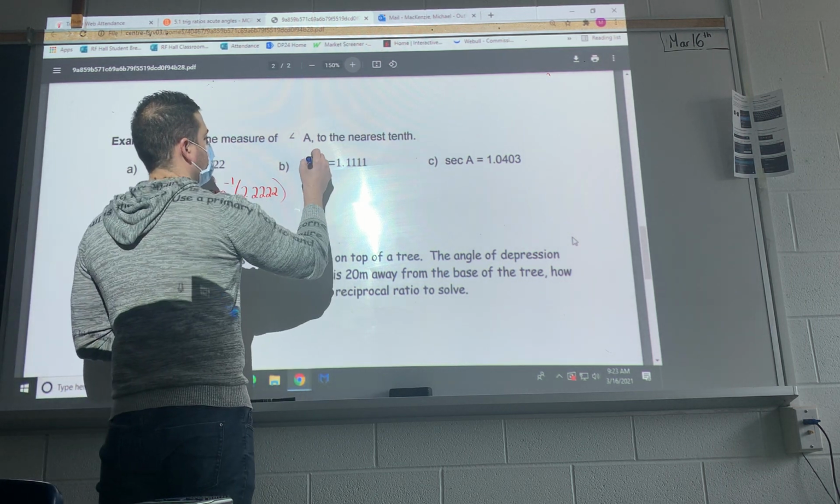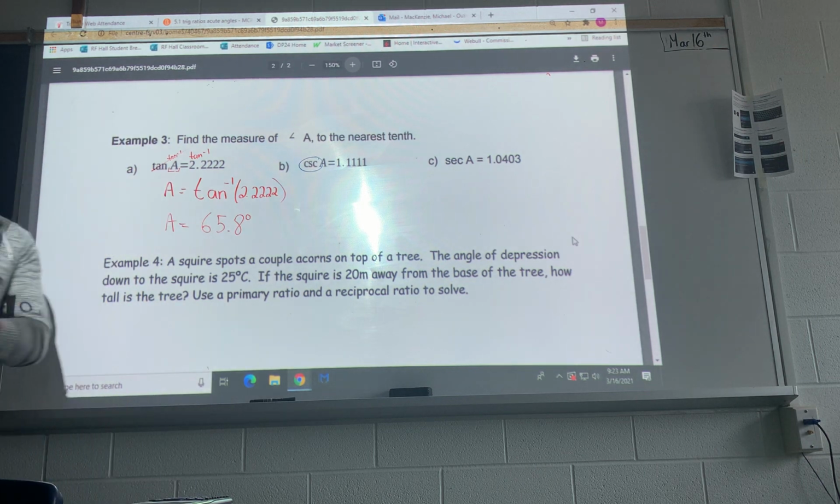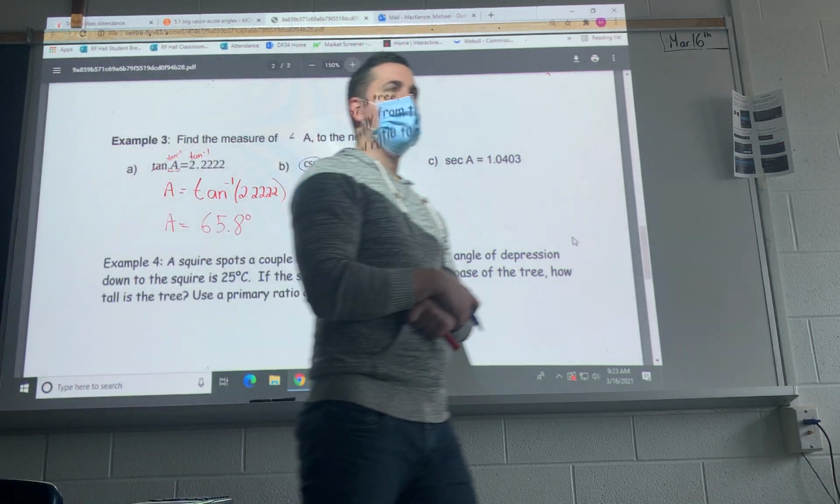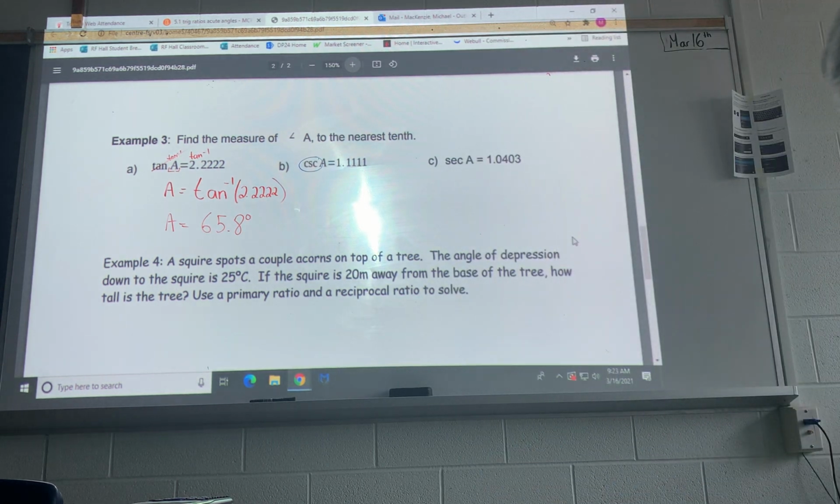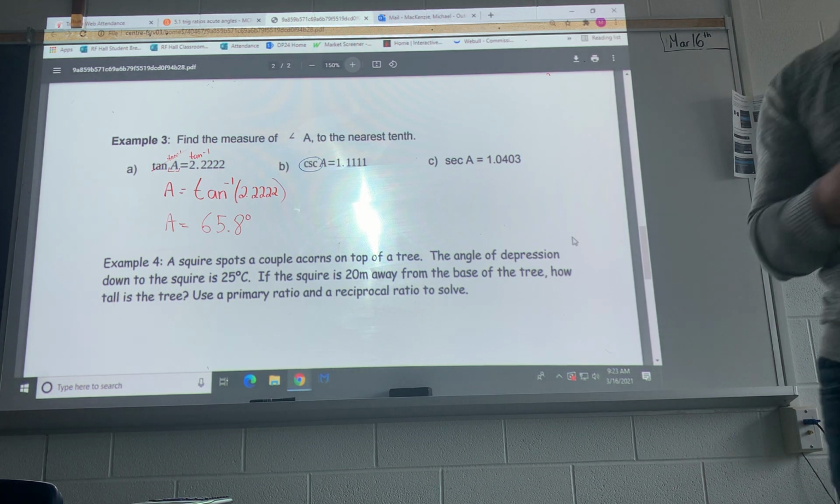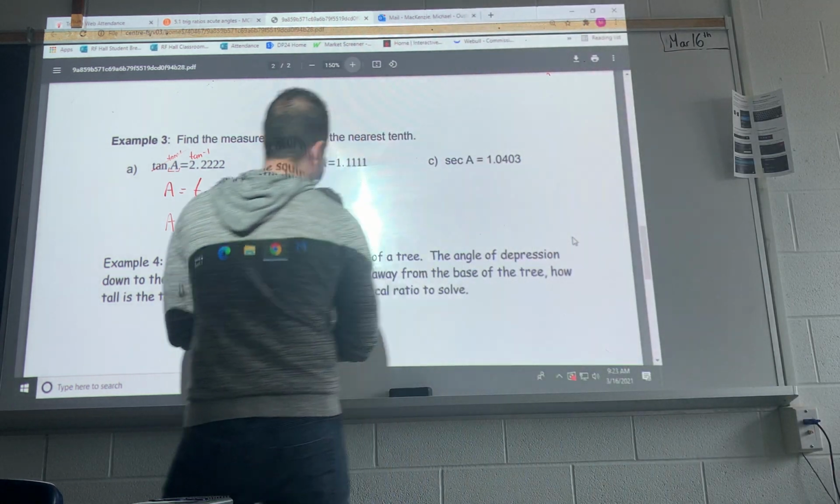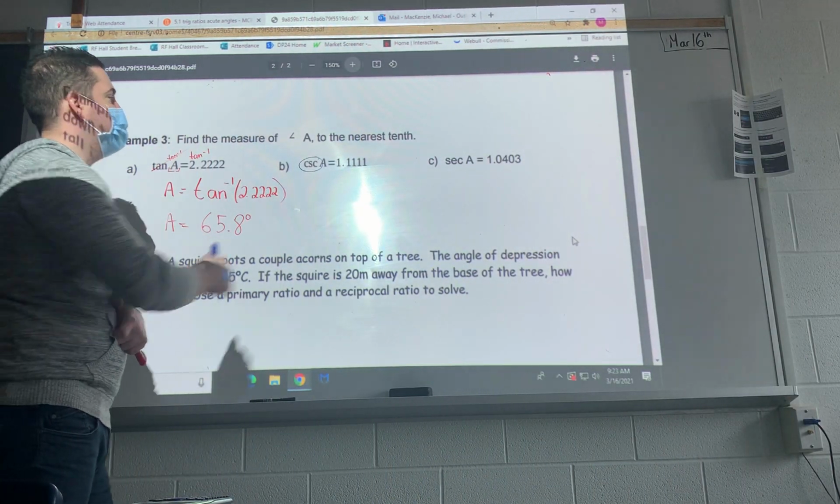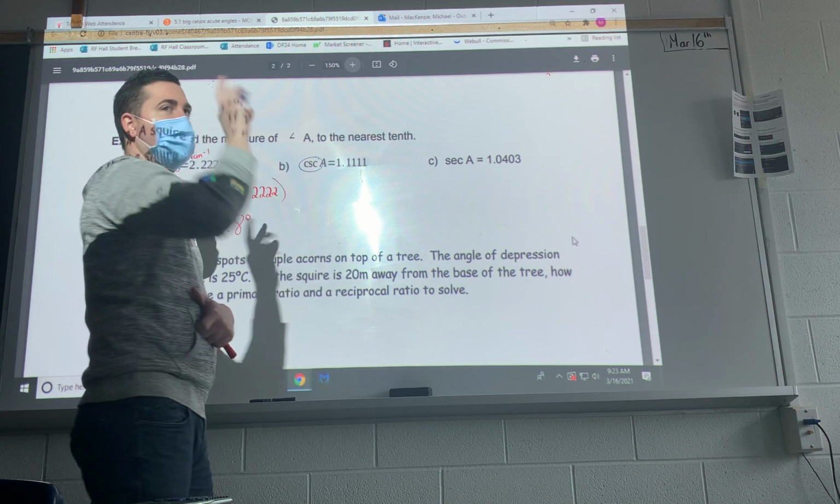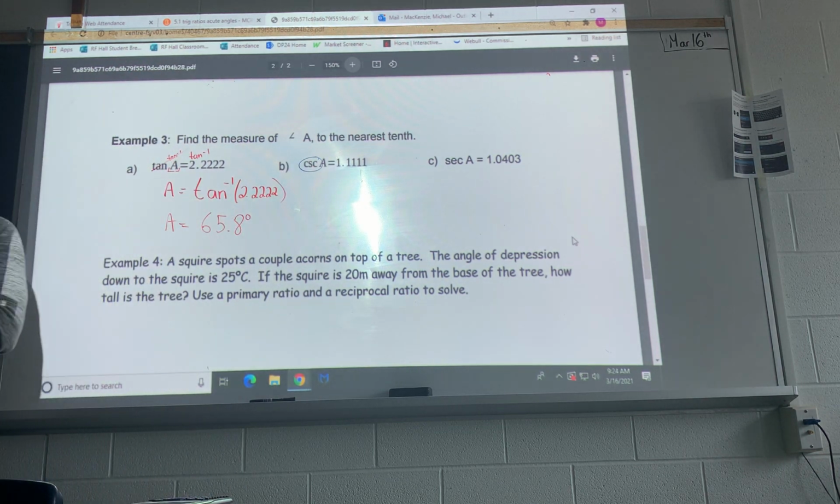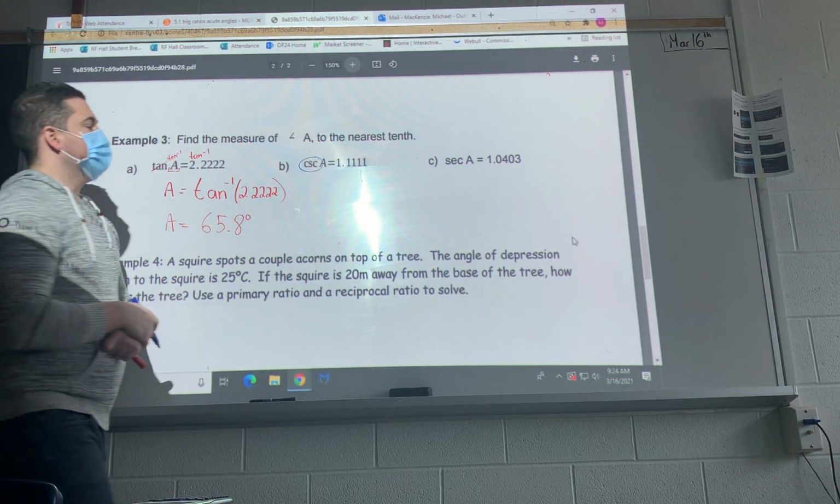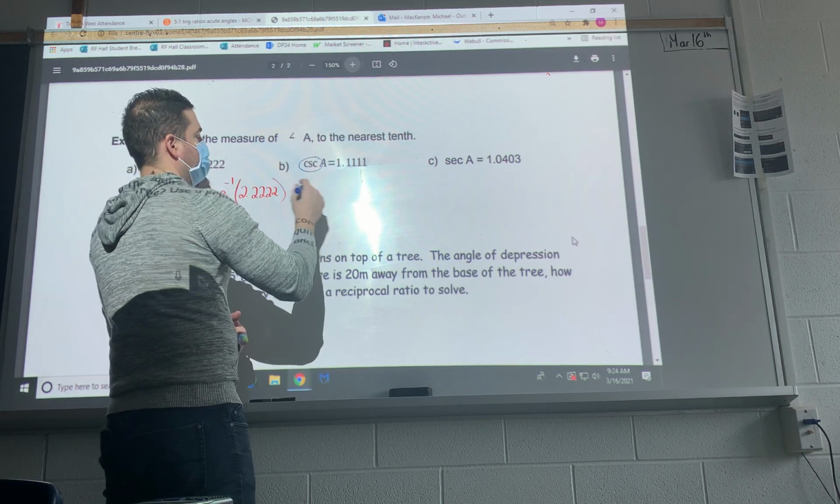Okay, next one, we have a cosecant. Cosecant is the reciprocal of what? Sine. Sine, good. So this is how I'd work this one. You have two options. One, flip the number, or bring it over and then flip the number. So right now I'm going to flip it. Actually, let me bring